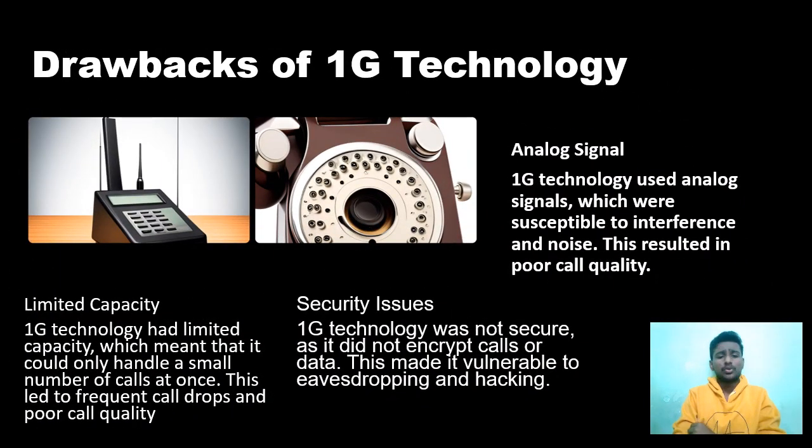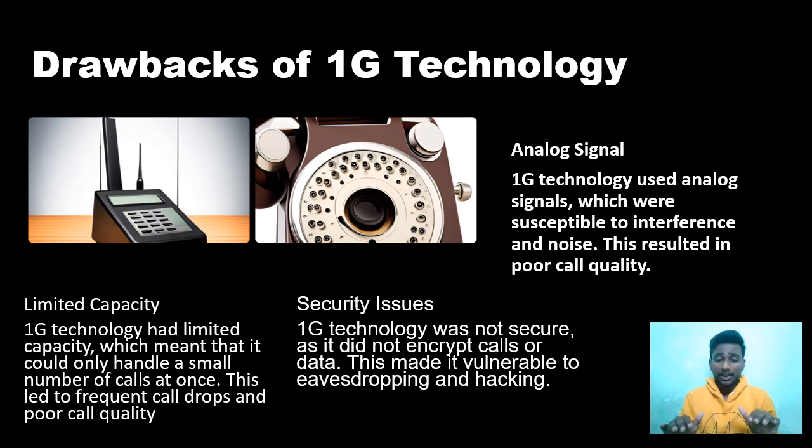What were the drawbacks of 1G technology? Limited capacity. 1G technology had a limited capacity, which means it could handle only a small number of calls at once. This led to frequent call drops and poor call quality. Security issues. 1G technology was not secure as it